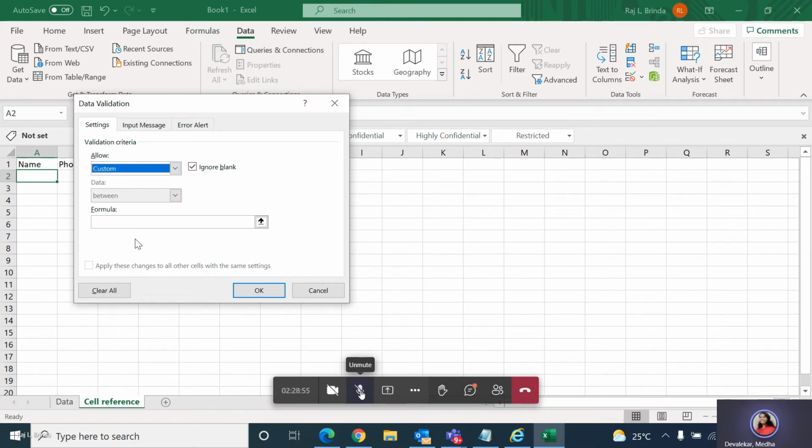See in custom, formula, here you can see, the Excel is very vast. I can't explain each and everything in Excel, but I'll just explain how to do it. So now to do the other validations, like for a name, then email address, here you can use custom, because it is a custom validation. Then you need to write a proper formula.